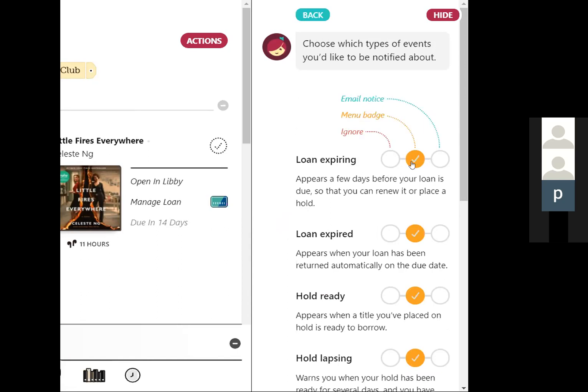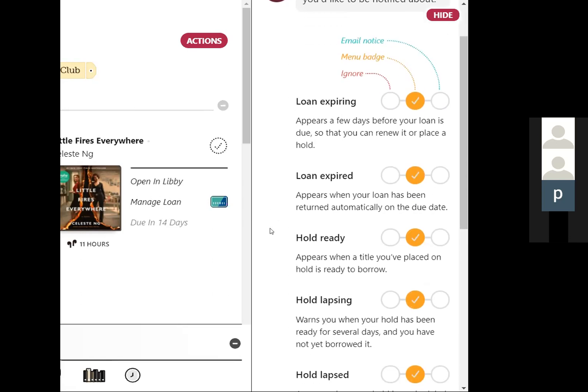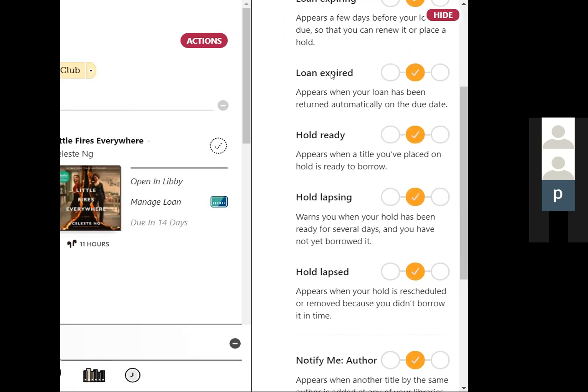So this is where you can set up how you are notified for any activity on your card. If a loan is expiring, as you saw with Black Beauty on our shelf, it was due tomorrow. I could have set up to receive an email notice to let me know that book is about to be returned, or I could ask not to be notified at all of any loans that are expiring. It can also let me know that loans have expired, that holds are ready, a hold is lapsing. Again, the way I just received that notification that let me know that the hold had been sent to the